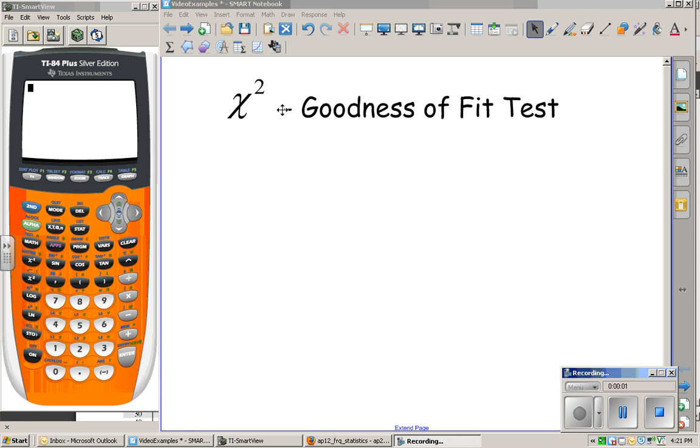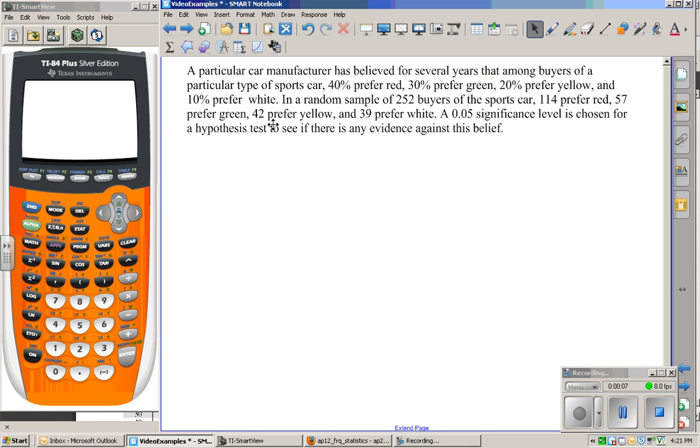And this is going to be an example of how to do a chi-square goodness of fit test. So here is our example problem. A particular car manufacturer has believed for several years that among buyers of a particular type of sports car, 40% prefer red, 30% prefer green, 20% prefer yellow, and 10% prefer white. However, in a random sample of 252 buyers, they find that 114 actually preferred red, 57 green, 42 yellow, and 39 white. We're going to do a test to see whether or not this is true, whether the manufacturer is